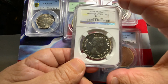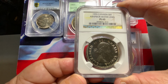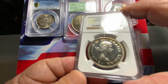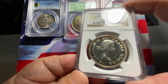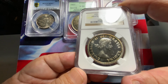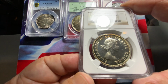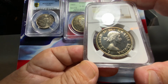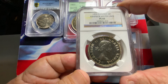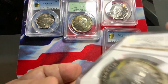Next one we have is a 1955 in NGC Proof Like 65. This is the RMworld variety, and basically what you're looking for is a very high grade coin like this, proof like field, very nice device. It has the normal shoulder burn from the dies, but aside from that, no problems as far as appeal. It's brilliant. And on the reverse,